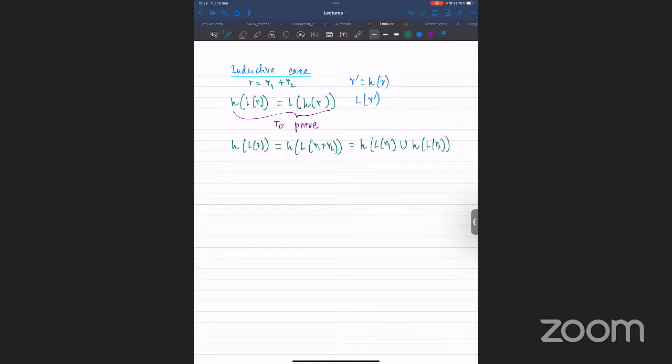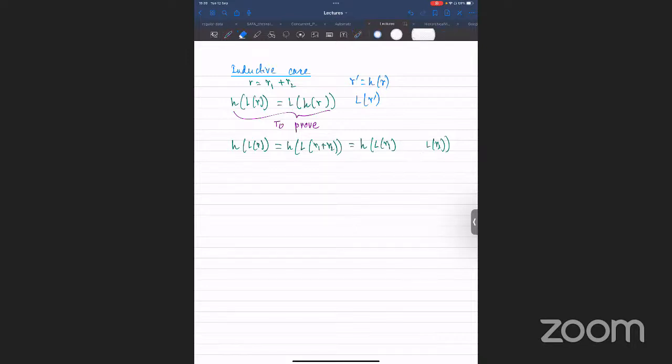Can you prove this? It's not very difficult to see. So this step: H of L of R1 plus R2, right? The plus essentially denotes the union of the sets, right? The language. So first of all, let's look at this part. The language of R1 plus R2 is essentially the language of R1 union